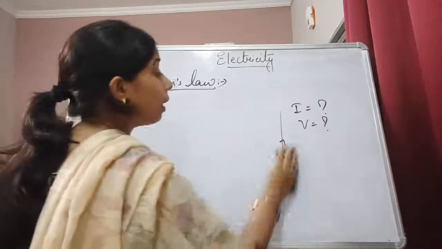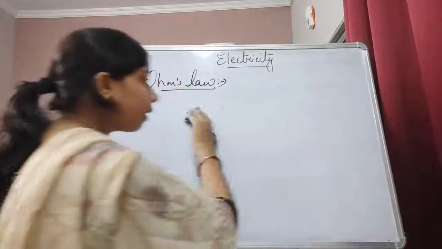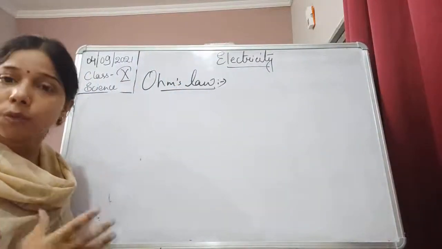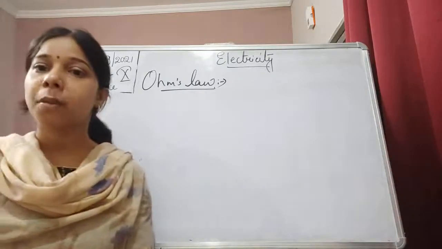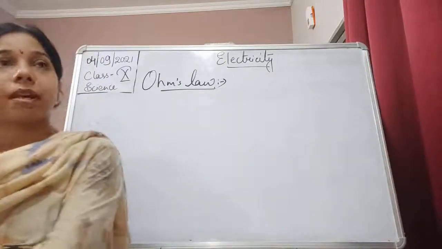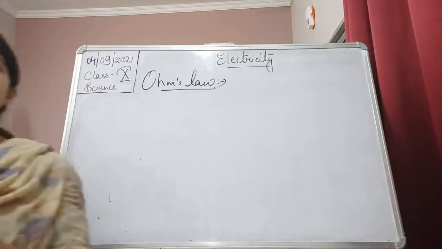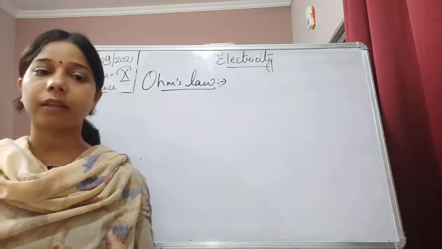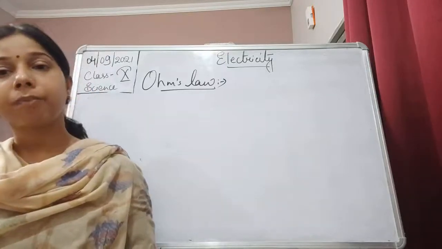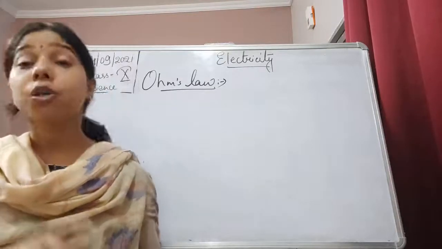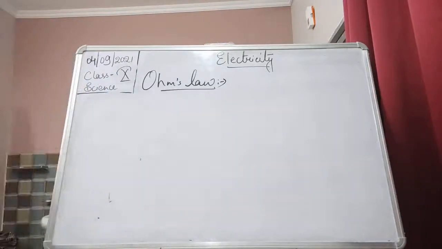So if we were going to make a graph of this activity, with the voltage to that of the current, we will find a straight line which tells that an increase in the current will also increase the voltage, and the same relationship was explained by Ohm. Simon Ohm, who was a German physicist, worked on this and found a relationship between the potential difference and the current flowing in the circuit.